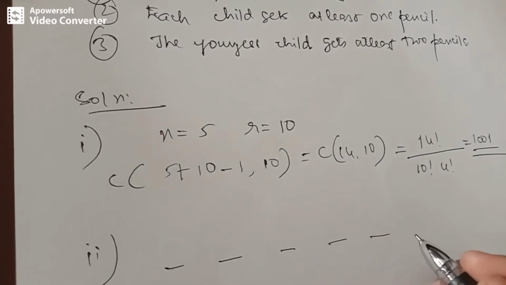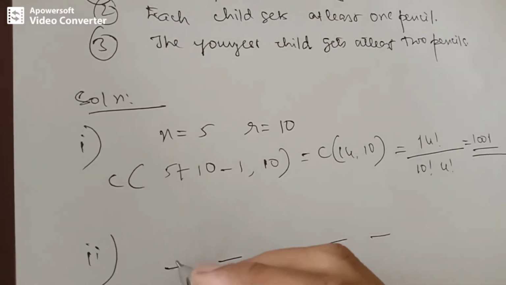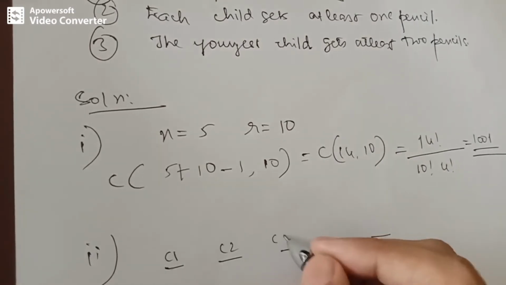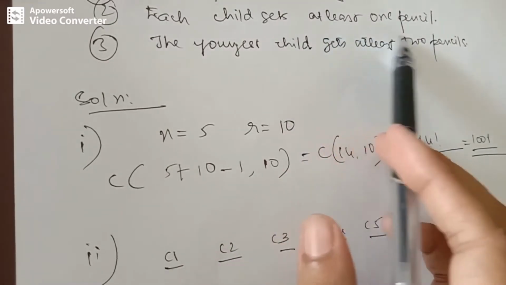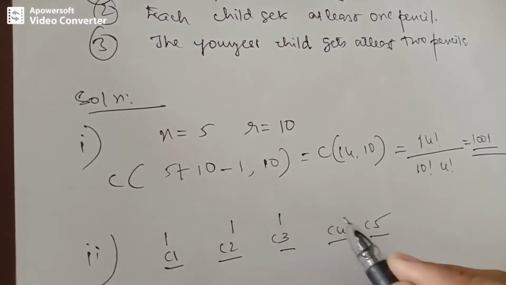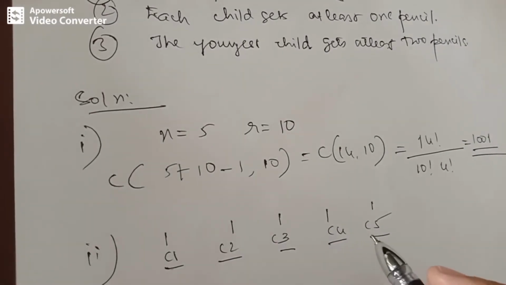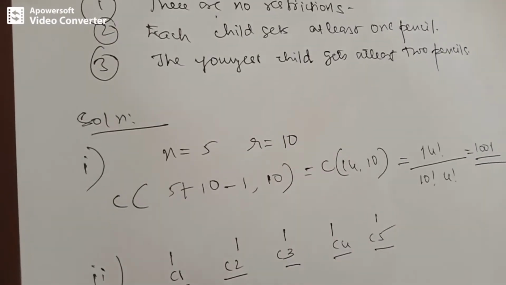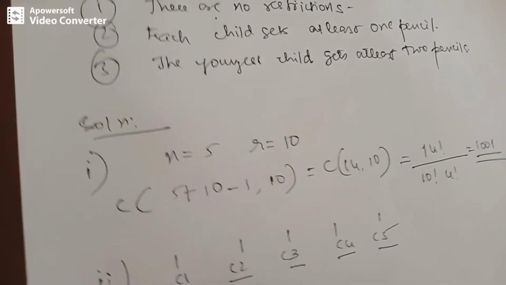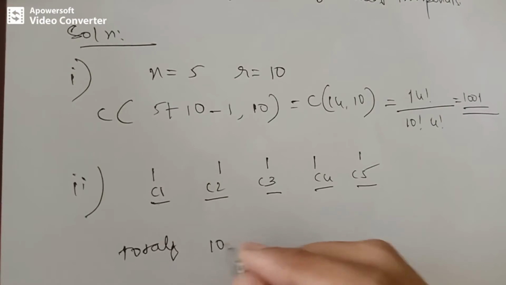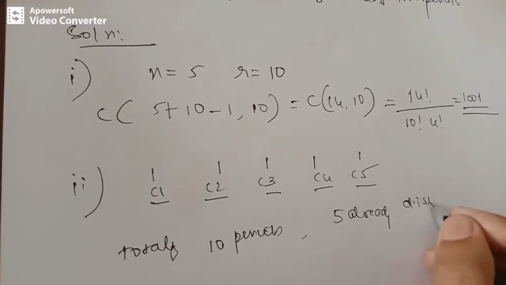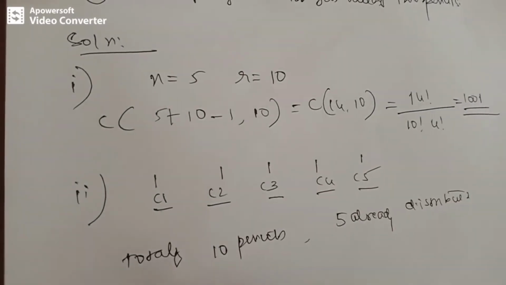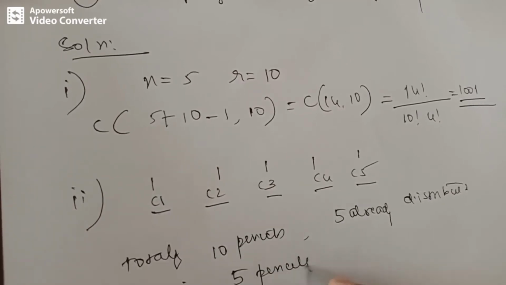Let's denote this by 5 places. So this is child 1, child 2, child 3, child 4 and child 5. Since each child has to get at least one pencil, we are going to distribute one pencil to each child. Totally there are 10 pencils and 5 are already distributed, so the remaining 5 pencils are to be distributed